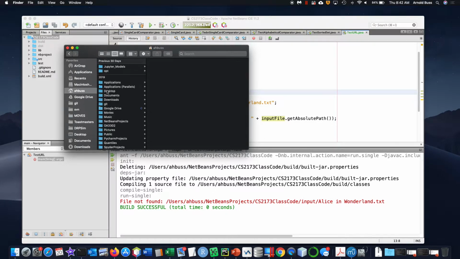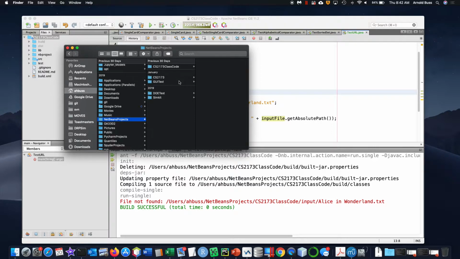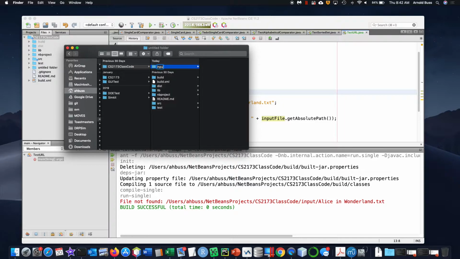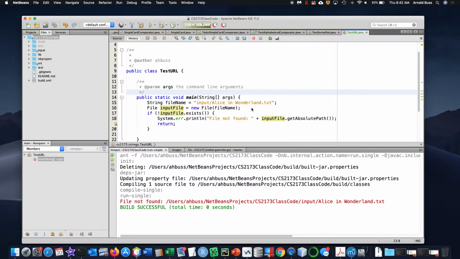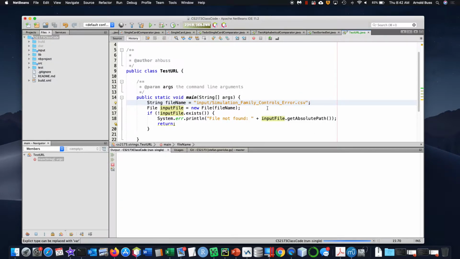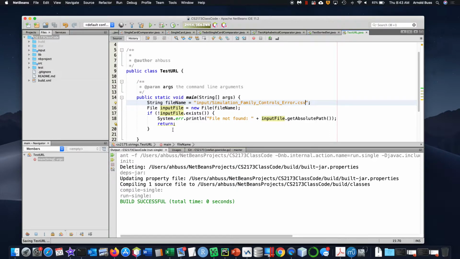Oh, where am I? Okay, so this is actually a CSV file, and let's grab the name. Rename it? Okay, so my CSV file is this. Okay, so it actually found that one,